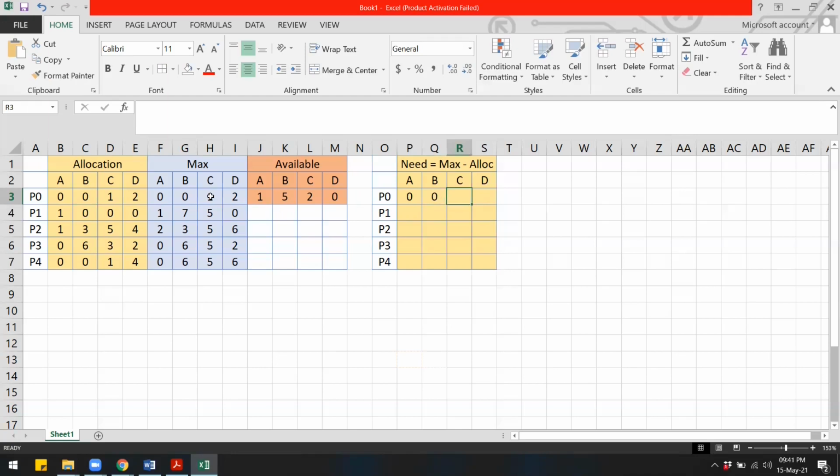For resource C, maximum is 1, allocation is 1, so need is 0. For resource D, max is 2, allocation is 2, so need is 0. 2 minus 2 is 0. Then we'll do the same thing for the remaining 4 processes. We'll subtract the allocation from max, and we will get the need.